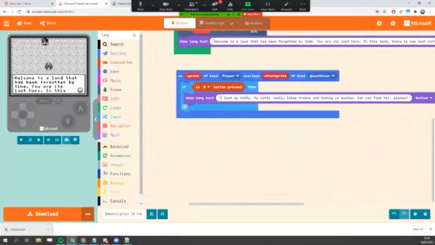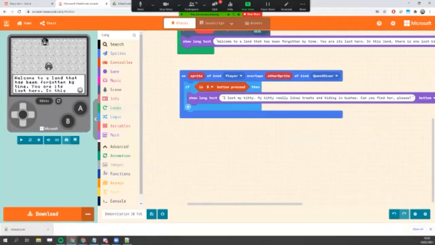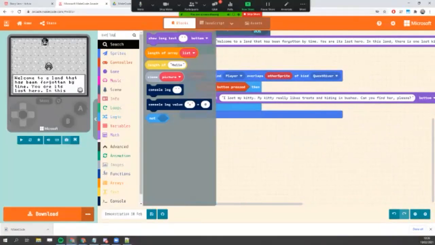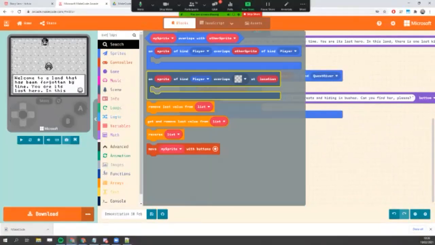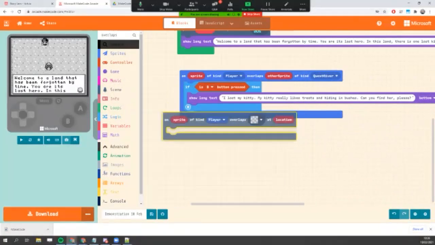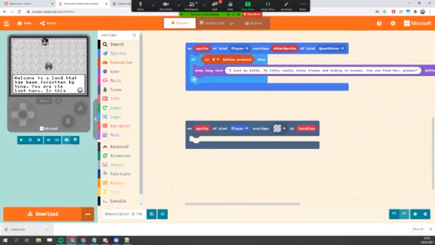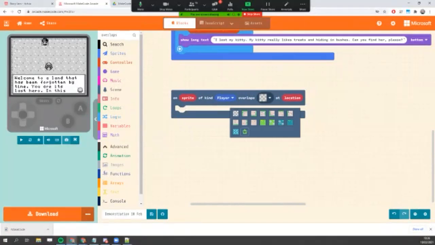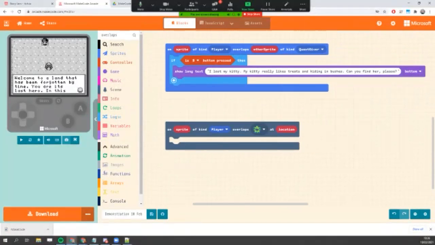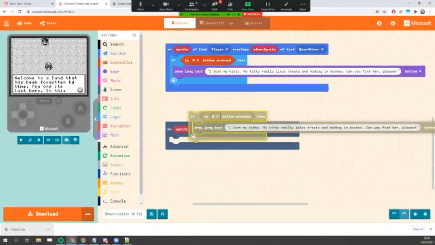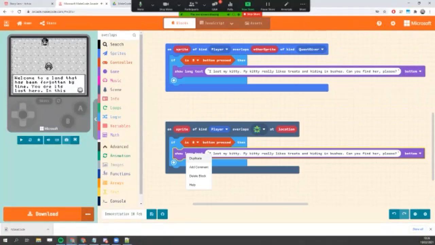And now we're going to look for a different type of overlaps, which is on sprite. It's based on scene, and it checks if a sprite is interacting with a tile. So if sprite of kind player overlaps with bush, we just copy this, right click, duplicate. If B button is pressed,